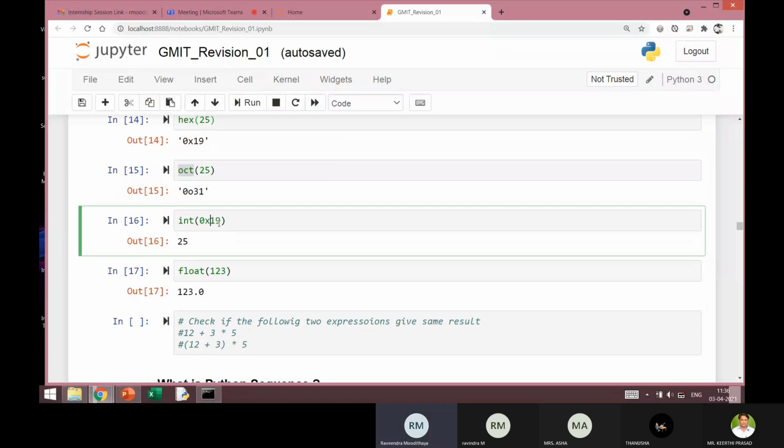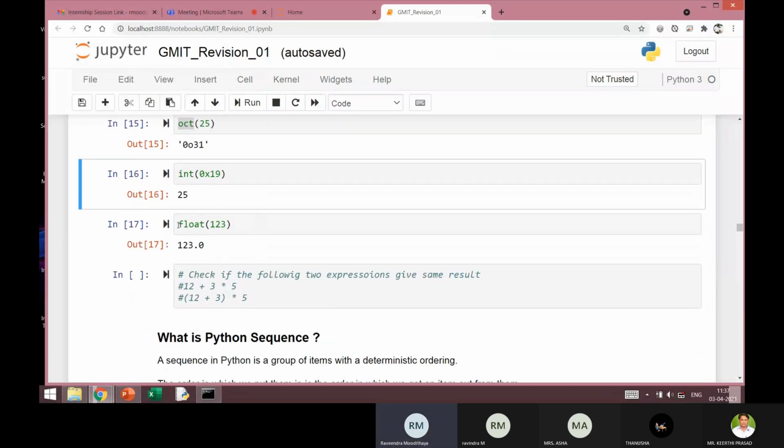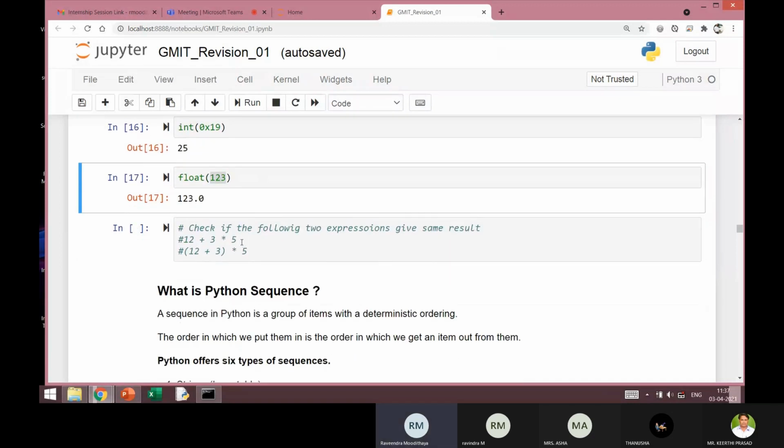So hexadecimal 19, when converted to integer, will be 25. Another important interconversion is from integer to float. Float is also a built-in function which can be used for converting a number into a floating point value. Here I am using it to convert the integer value 123 into a floating point value, which gives an output of 123.0.